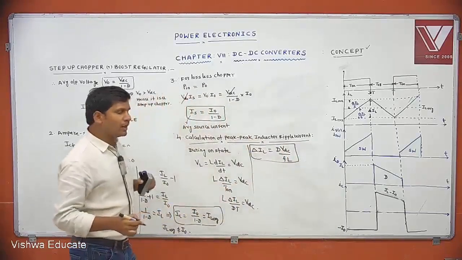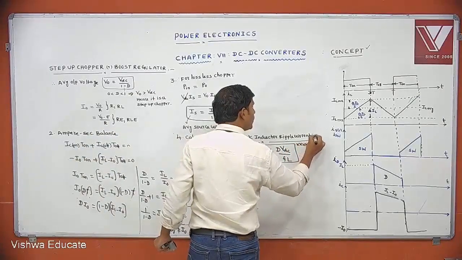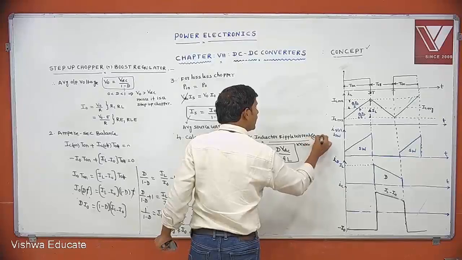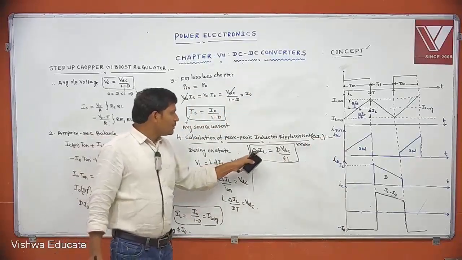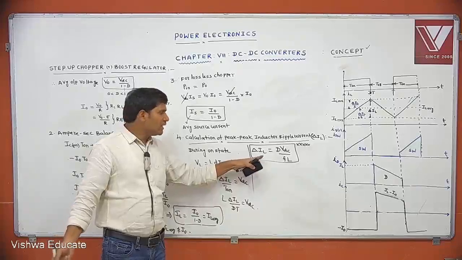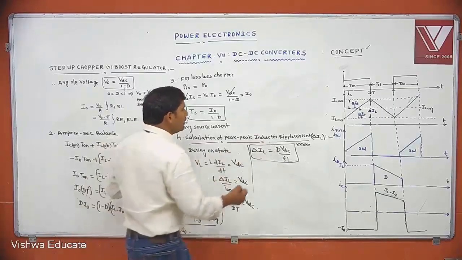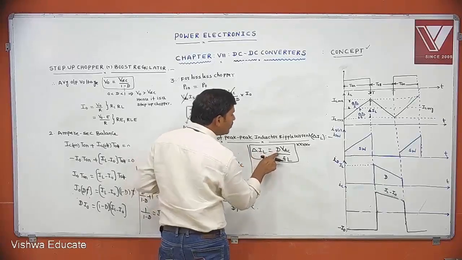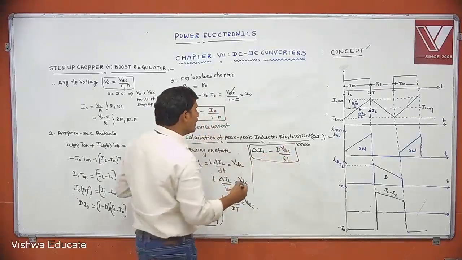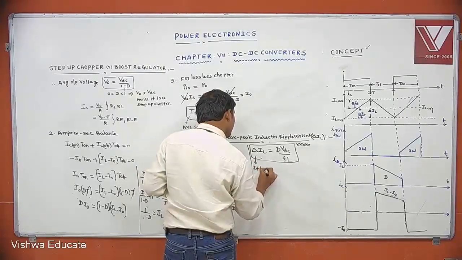The peak to peak inductor ripple current. What is the delta IL calculation? Then it is maximum. Again, no need to differentiate directly from this. What is the maximum value of duty cycle? 1. D is maximum, so delta IL is maximum at